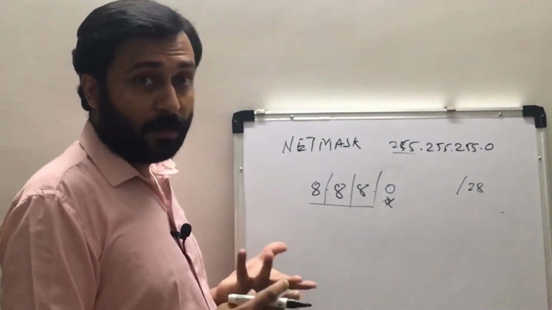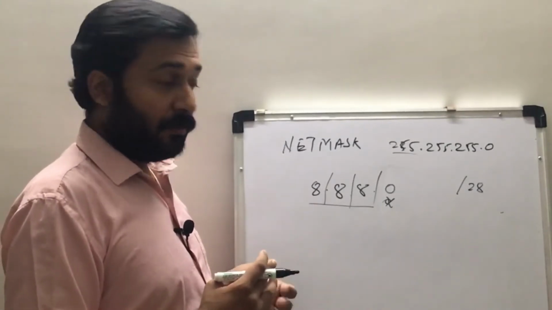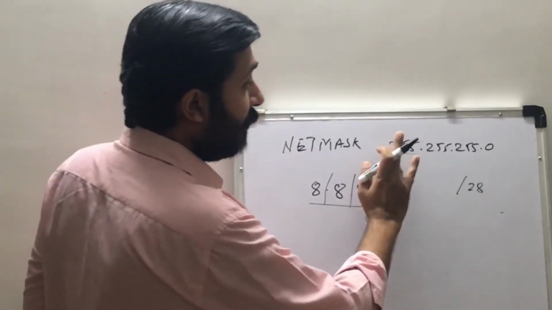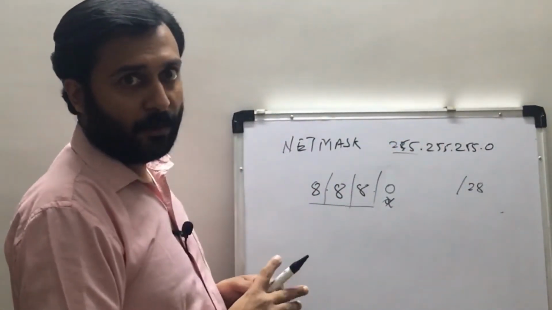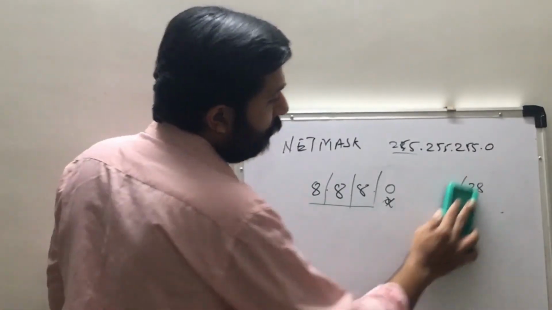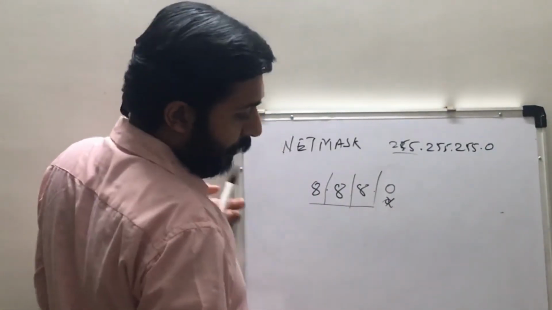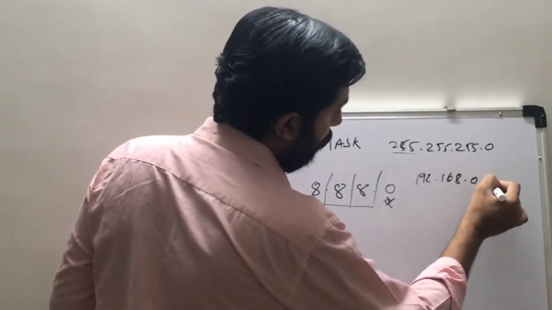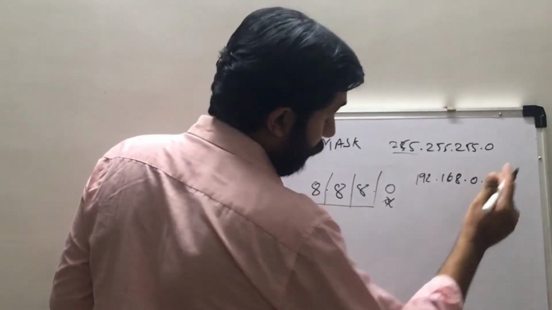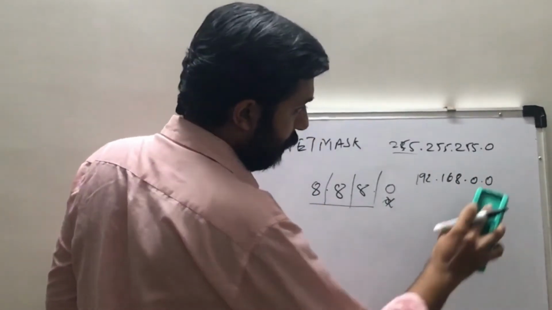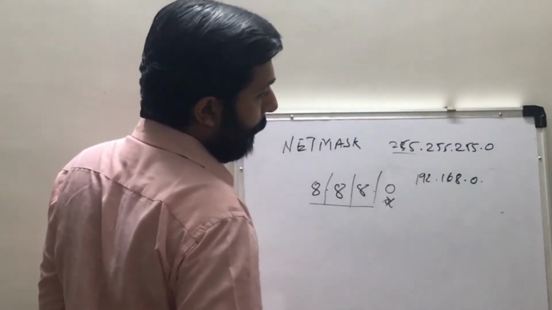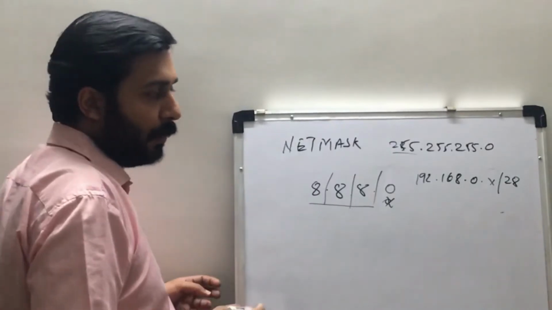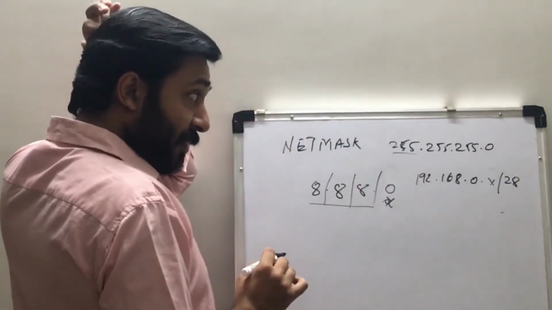/28 means what? What IPs? This is the subnet that anybody has defined. How to denote this in such a format of 255? So let's cover that. I'll take an example, 192.168.0.0. The 0 will not come actually, but some x/28. This means